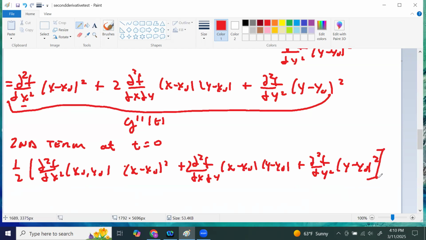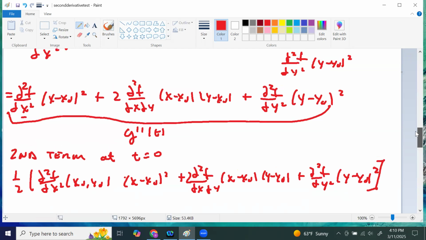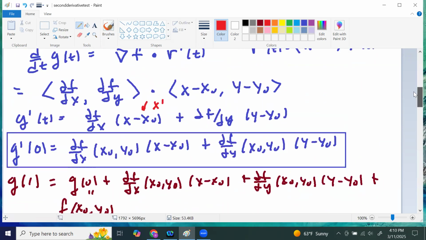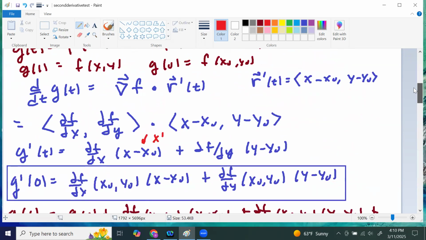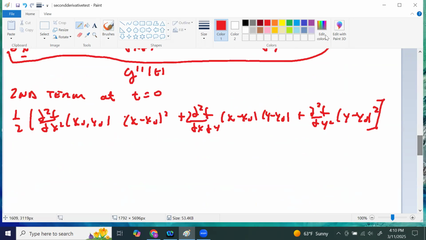Okay, so there is your second term for your two variable Taylor polynomial. Now, let's see what happens. And again, plus a remainder, and then there'll be a remainder term as you keep going. So now, if we are at a critical point